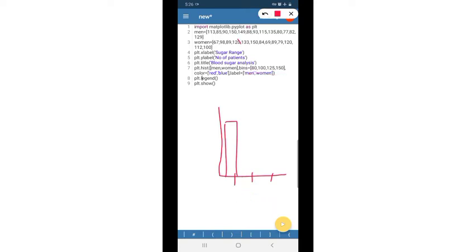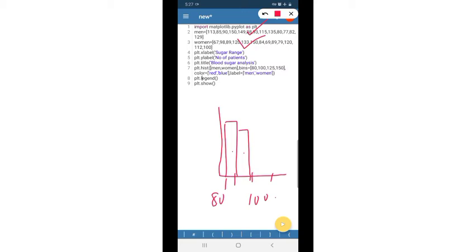Since two data sets are there, we will have two bars in a particular bin. If we have three data sets, then three bars will be there inside a single bin. That is, from 80 to 100, there will be three bars. But here two data sets are there, so from 80 to 100, there will be two bars, one for each data set.